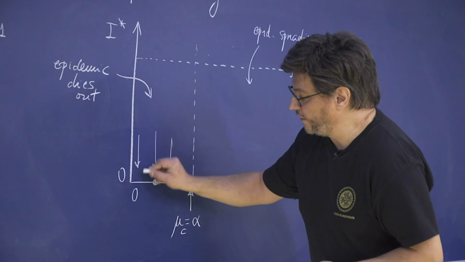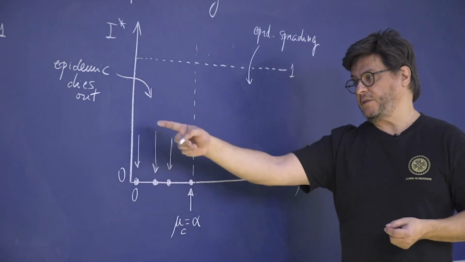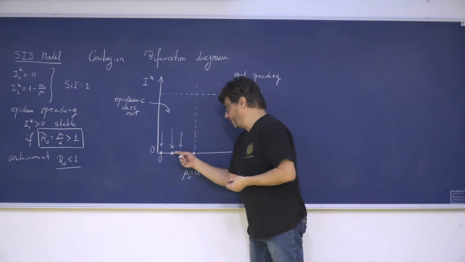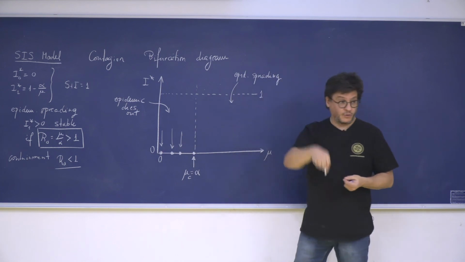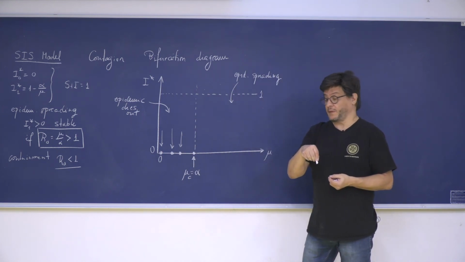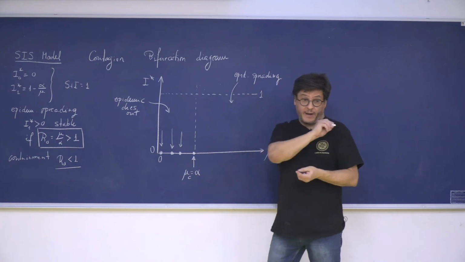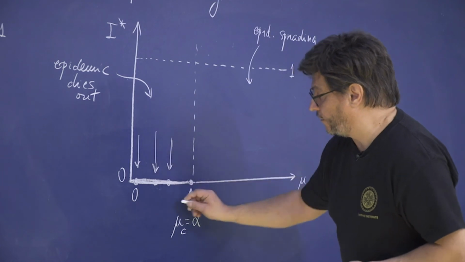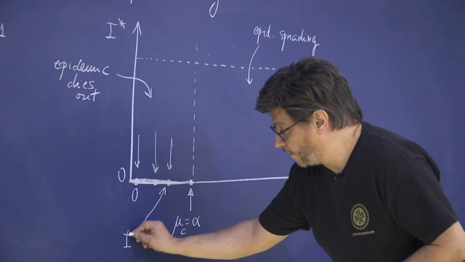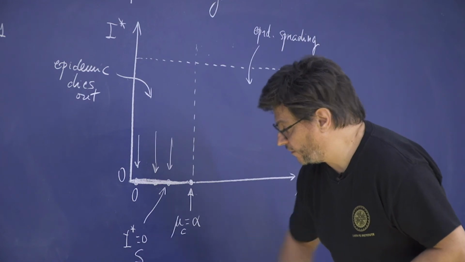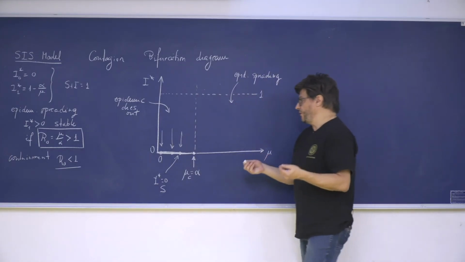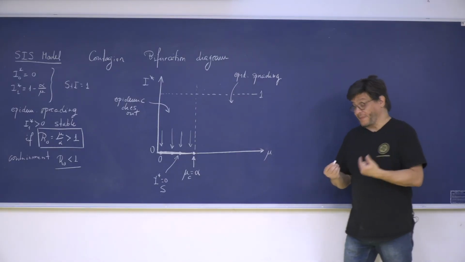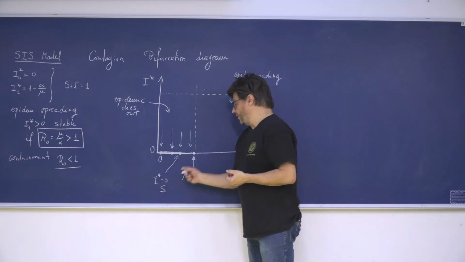And the same happens for anything here. The fastest here, slower here, right? But essentially what I'm saying is any value I can take here of mu leads to an equilibrium state that is stable. And we indicate that by connecting all of them with a single line, right? This is stable, right? Any condition here goes to 0. Okay? All right. Mathematically, I star equals 0 exists here, right?